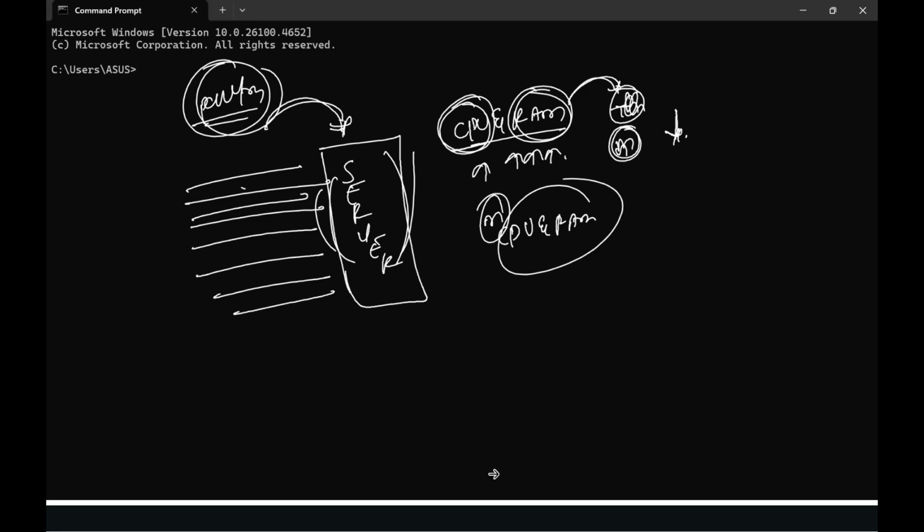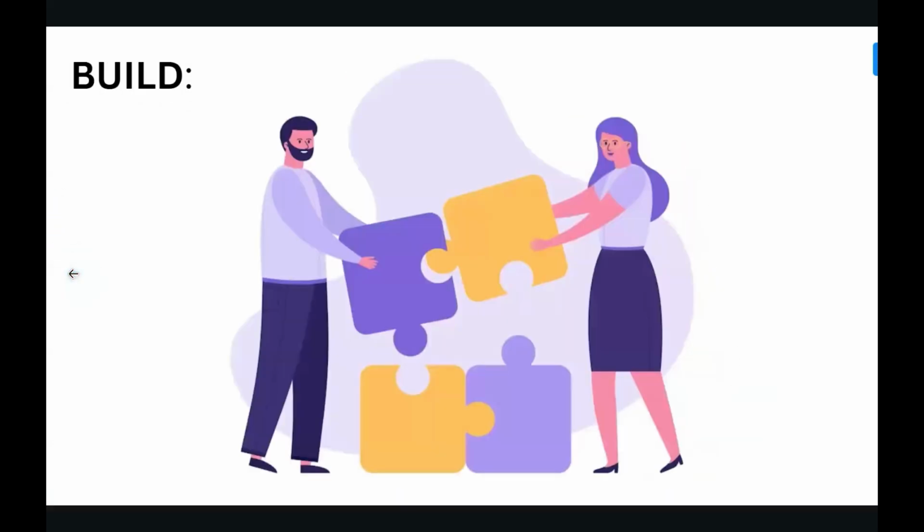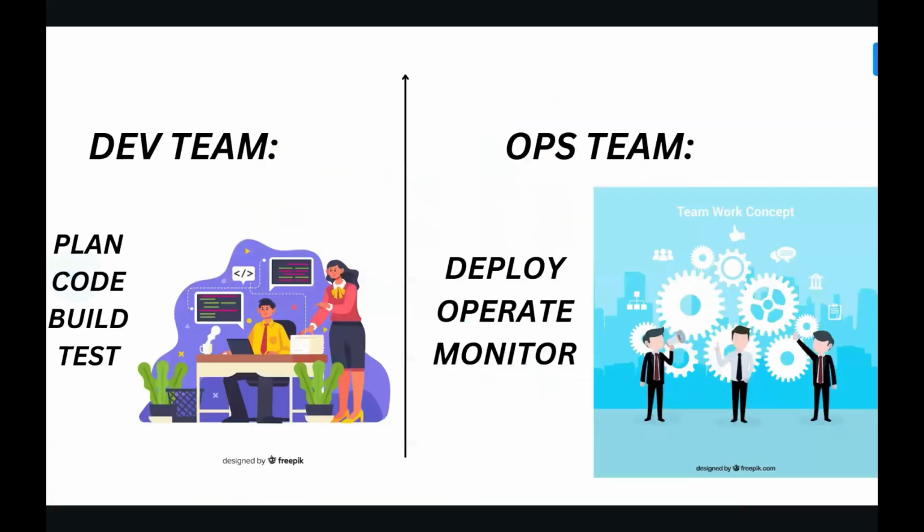So guys, we have actually done with the 7 steps. If anybody has any doubts on these 7 steps, just let me know. So totally we have done with plan, code, build as well as test, and also we have done with the deploy, operate as well as monitor. So does anybody have any doubts over these 7 steps? Please confirm in the chat box once. Clear for all of you?